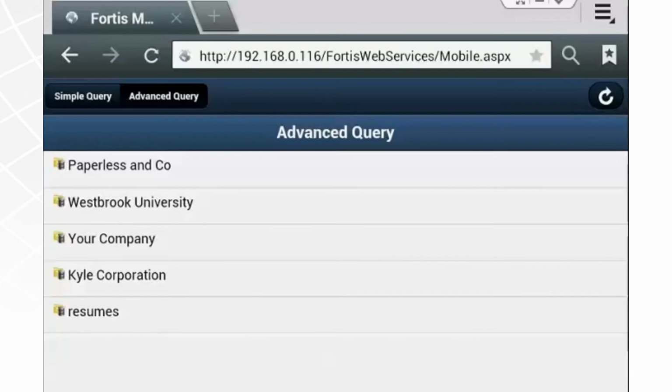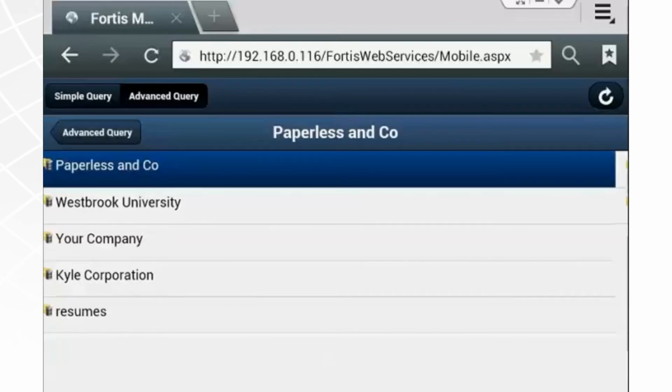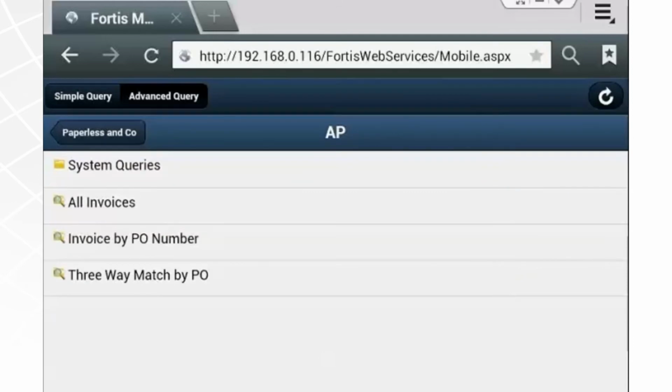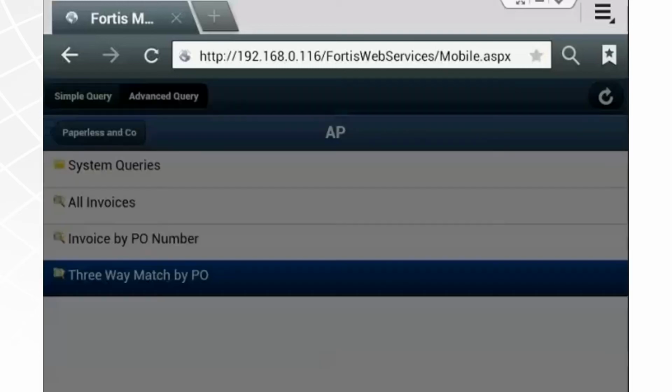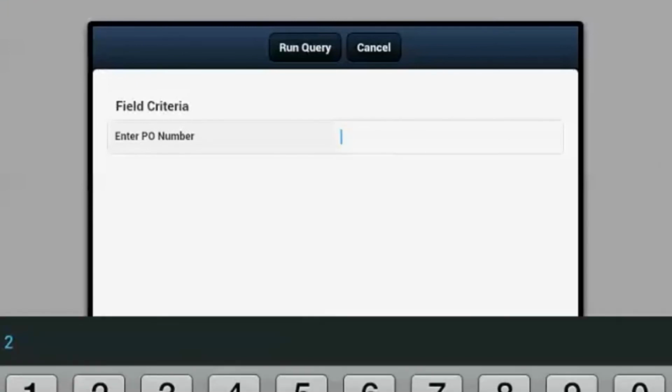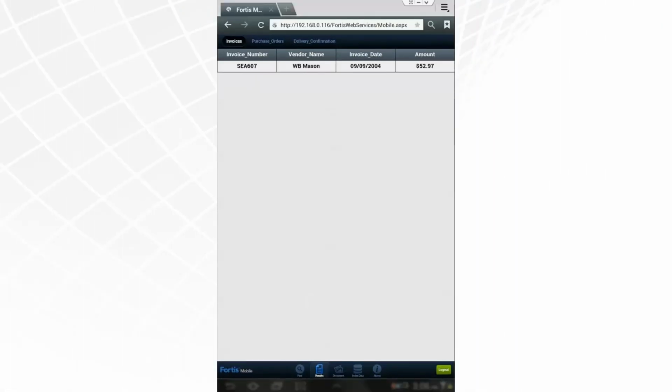Again, in advanced query, you're prompted to choose which database you want to search in, which folder you have the query stored in, and then in there you can see all of your saved searches. So I'm going to go ahead and use three-way match by PO. I know that the PO number I'm searching for is 28911. And then I hit Run Query, and this is going to retrieve the delivery ticket, purchase order, and invoice